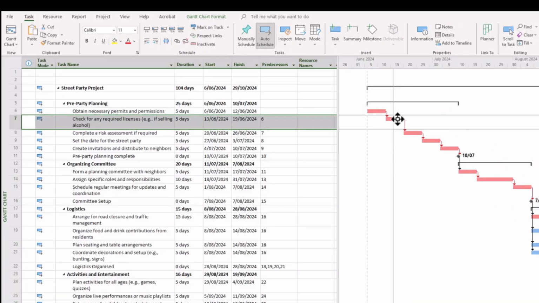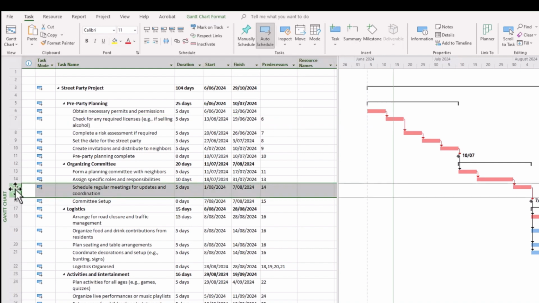So say, for example, we jump onto the Gantt chart here, and then we say, for instance, we want to link this particular task, which is row 7, with a further task down the schedule, perhaps row 15. We want to link those together.